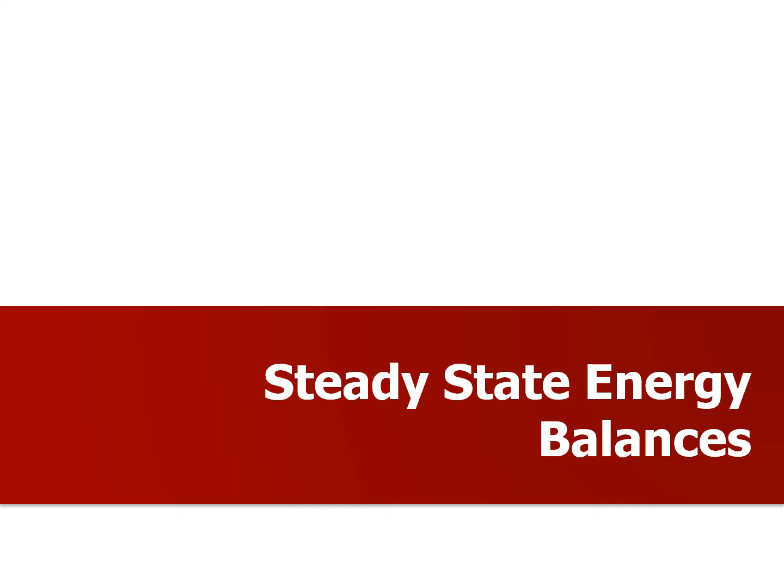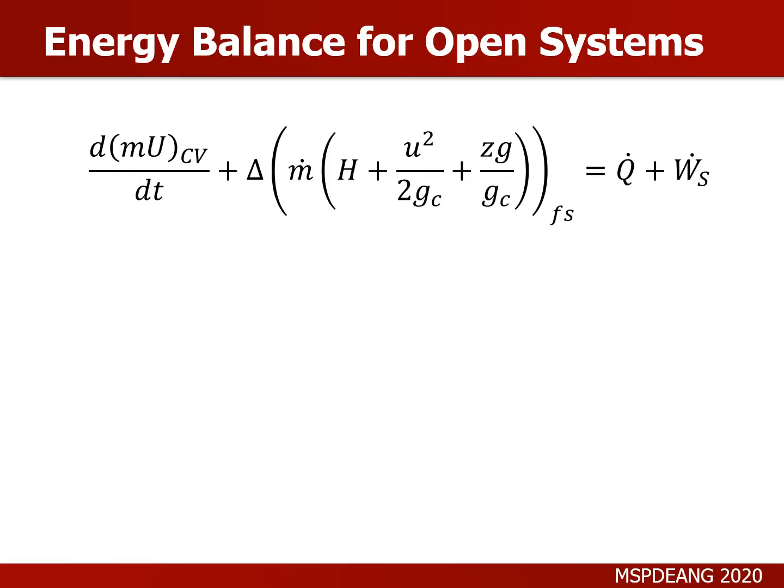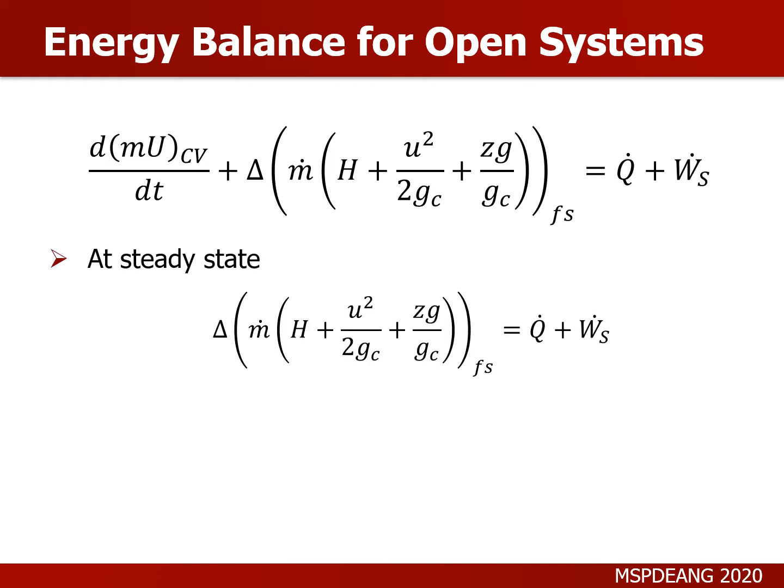Hello everyone. We will now continue our lecture on the energy balance for open systems, in particular now for steady-state energy balances. Recall that we have previously derived this energy balance for open systems, and we can now make the necessary simplifications for a steady-state process. And for a steady-state process, there should be no rate of accumulation of energy within our control volume. Therefore, for a steady-state process, this term should be equal to